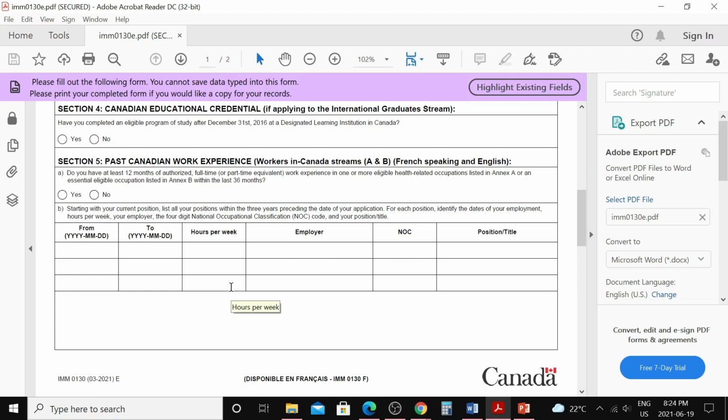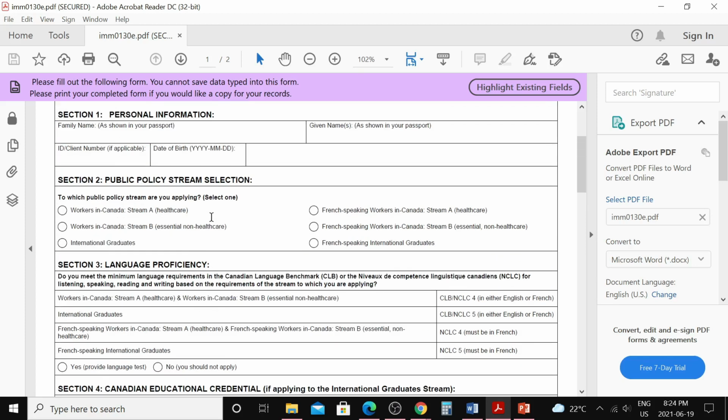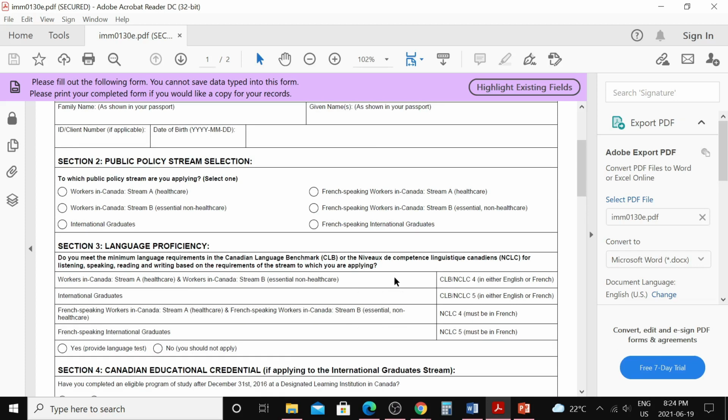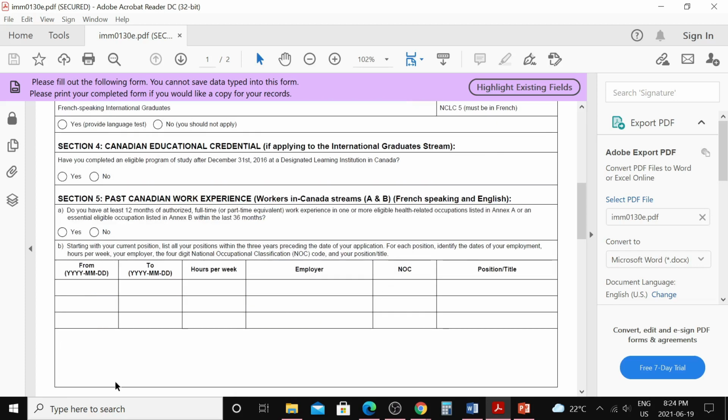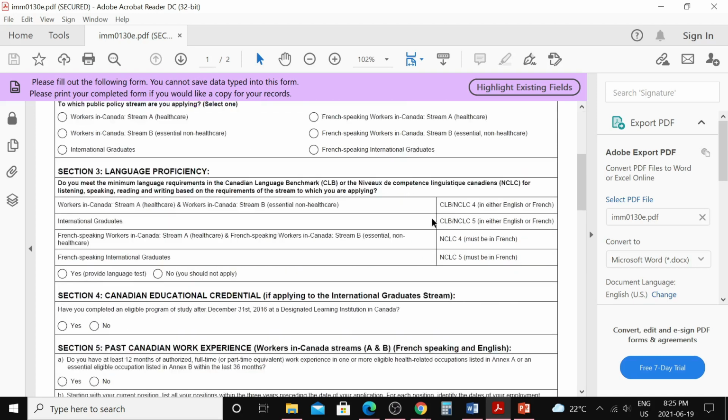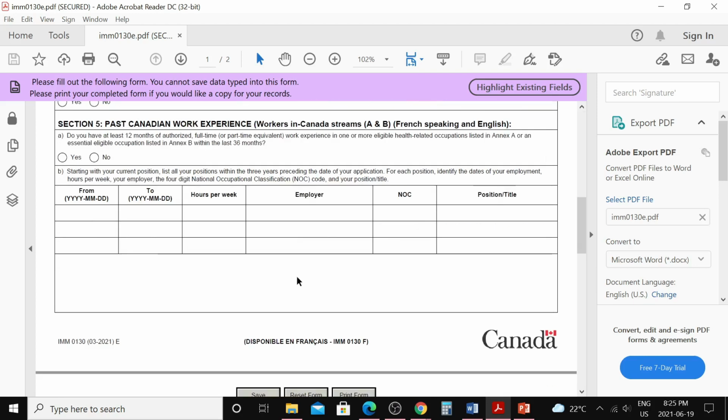So in that case, just make another copy of this form, fill in the first question here, your name and your ID number and date of birth, and then fill this section 5's B part here, and then you can print this form out. On the top of the page here, write your name again and question 5B or section 5B, just write with pen, and then you can sign at the bottom here, scan it and upload it.